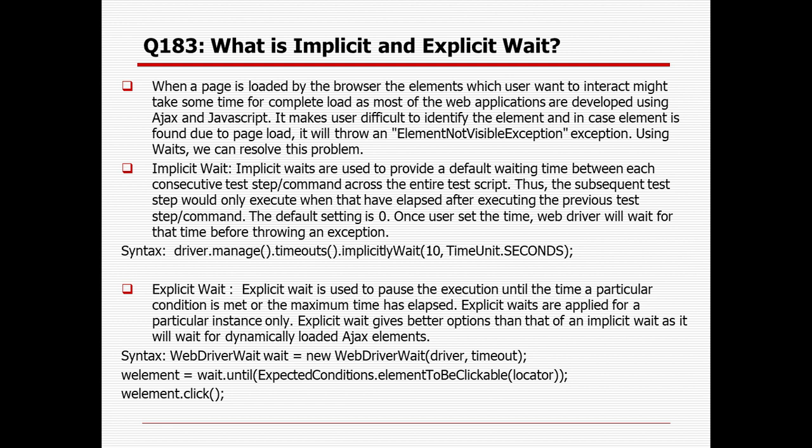So that is the difference between the implicit and explicit timeout. Implicit timeout will wait for the maximum timeout whatever you have given, and it will obviously work for the total page, whereas explicit timeout will be only for a specific object or instance or element. And in case you are giving the maximum timeout, but as soon as the object is visible, clickable, or whatever expected condition is matching, it will immediately perform that action, and after that it will proceed to the next step, but it will not wait for the total wait time